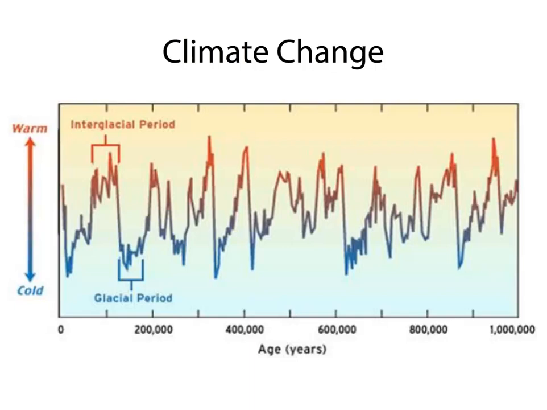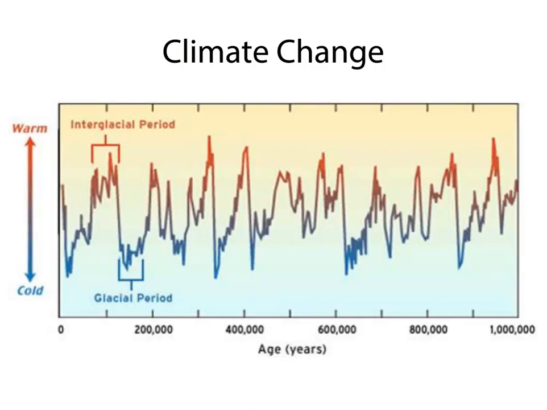So we have a graph, and in our graph on the y-axis, we're looking at warmer temperatures and colder temperatures. On the x, we're looking at time. Okay, and so modern day is the zero, and then we're talking thousands of years ago. And what you'll notice is that there have been many different times where it's been much colder than it is now. That's known as glacial periods, where everything was covered by glaciers, and it's also been much warmer than it is now. Okay, those are known as interglacial periods. You'll also notice that temperature is changing. It looks like we're heading towards an interglacial period. Things are supposed to be warming. Again, this isn't perfect, but it does give you an idea of the range.